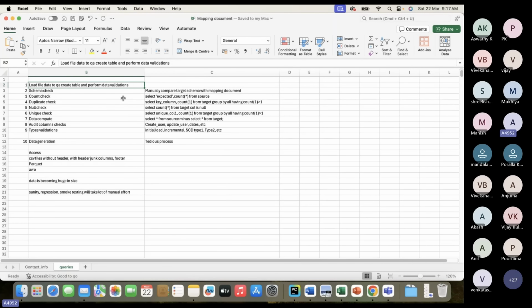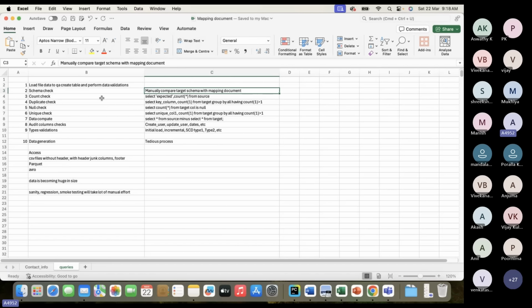These processes are not easy if you have a huge amount of data. Excel can handle only 1 million records. What if you want to validate more than 1 million records? It's very difficult, right? And especially if you want to do the same validations multiple times with multiple files, or maybe the incremental load or SCD type 1, type 2. It's very difficult to convert the file data to tabular format, or insert again and again. And in the end, we lose focus on what we are exactly doing, right? Even once you insert the data, again we have to run the SQL queries. Schema check, we normally compare the schema file or maybe the mapping document with the target schema.